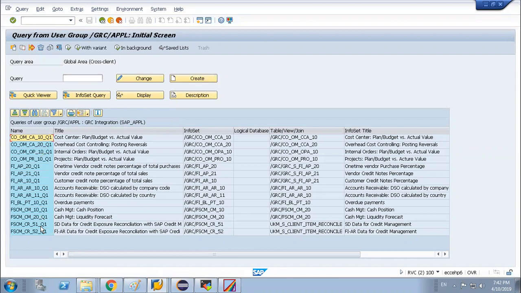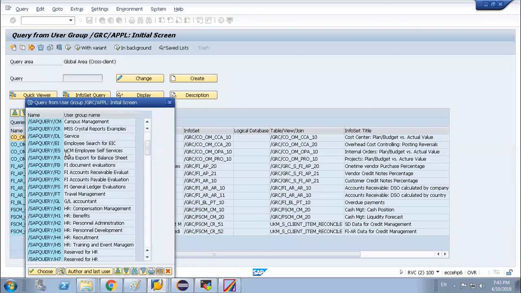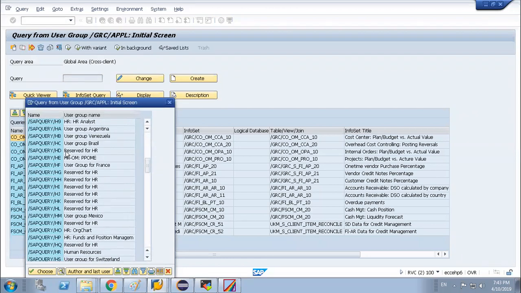You will see some query groups over here, and if you click on the other query group, there is a query group area called SAP query /L1. SAP query /L1 is a query area specifically created for HR LDAP extraction. This is the standard query area, and we can use it as well.